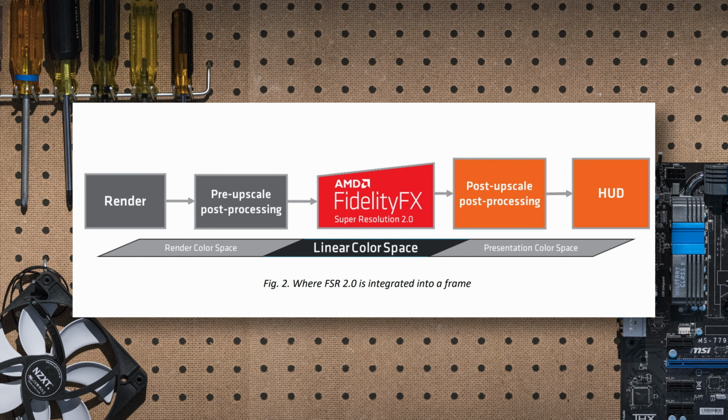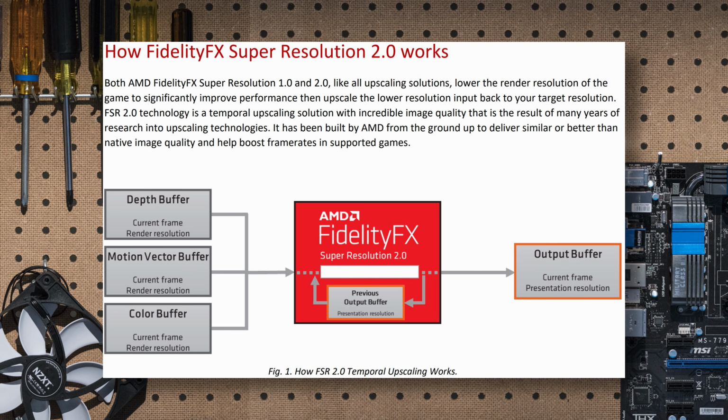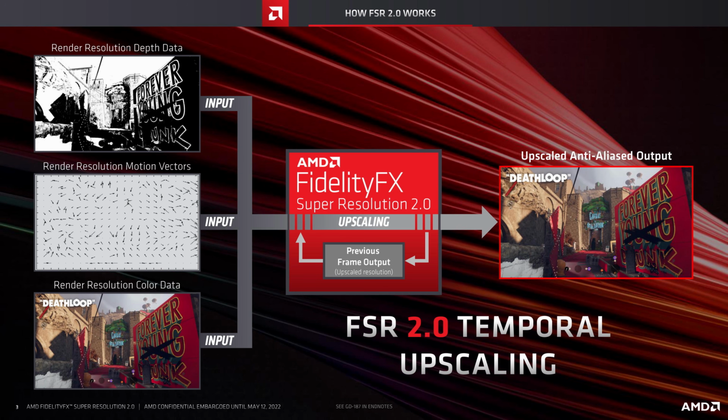But spatial upscaling can only be so good as it works off a single image and tries to clean it up. That's where FSR 2.0 comes in and steps up the game in a big way. It still takes place in the middle of the render pipeline, but this time it's using a temporal upsampler, much like NVIDIA's DLSS. Okay, cool. What does that mean? Well, there's a lot more going on here, and actual temporal reconstruction is taking place. So basically what that means is the game still renders at a sub-native internal resolution, but uses multiple frames and motion vectors to rebuild the on-screen image to as close to native as possible.